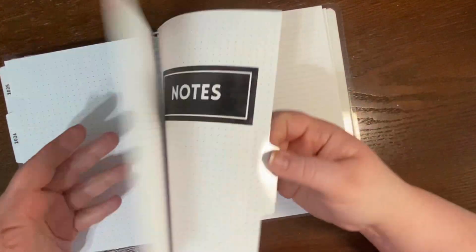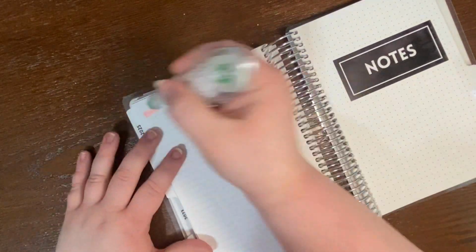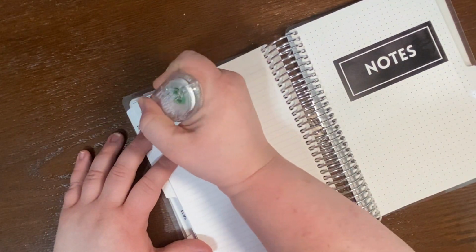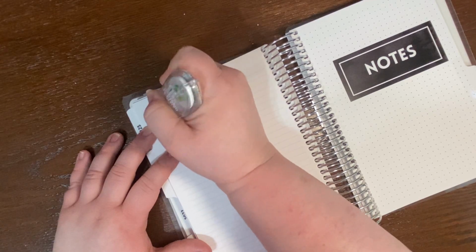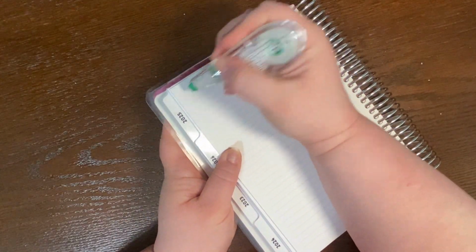I just realized I wanted to do a whiteout test as well. I think I'll just white out over the highlighter just to kind of get an idea of the color. It's a pretty darn good match. Hopefully you guys can see that. The whiteout, I would say, is maybe just a touch yellower than the paper, but it's a pretty good match for